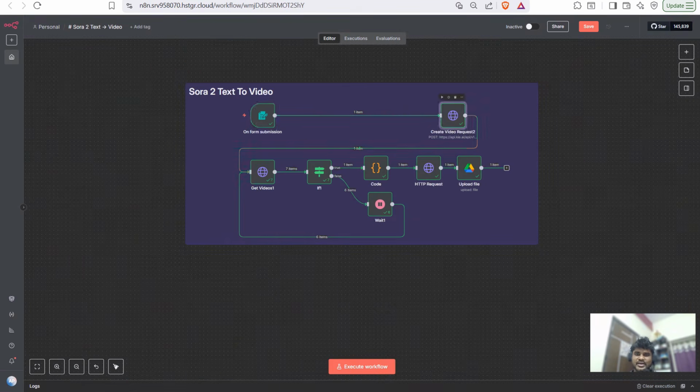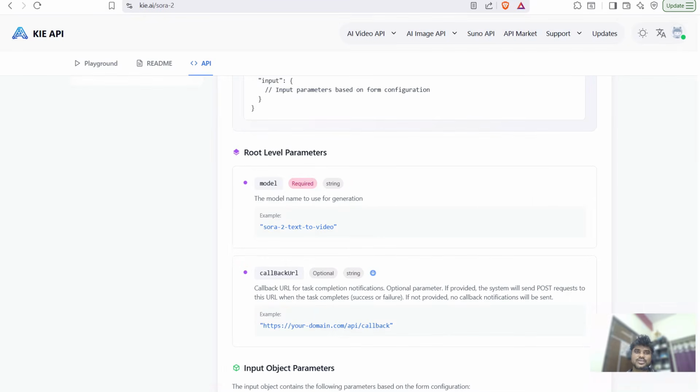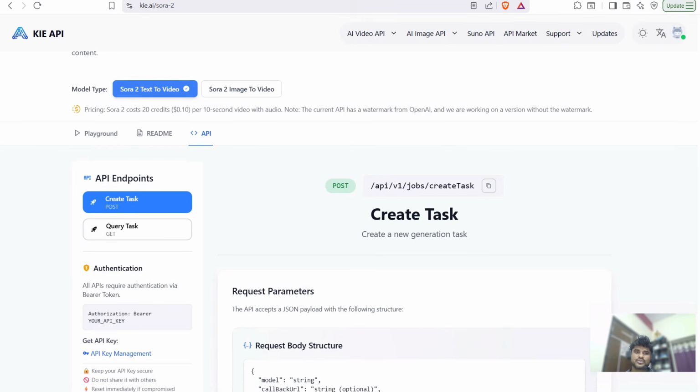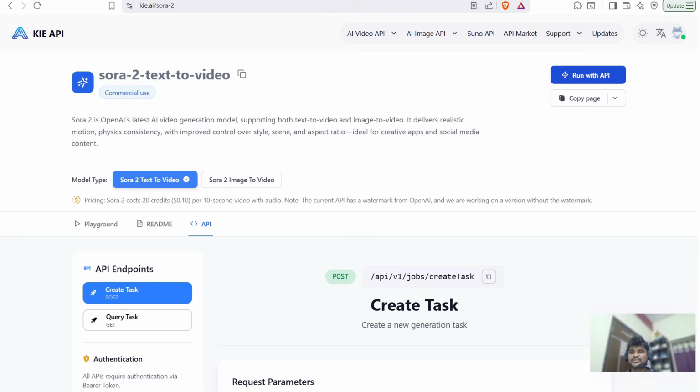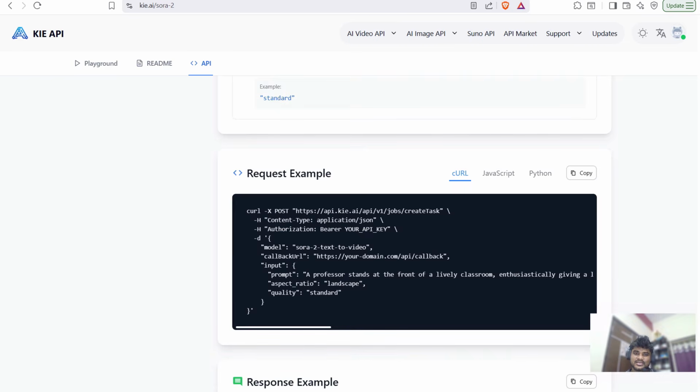And next we have used an HTTP node to send our request to kai.ai. So you just need to go to kai.ai, go to Sora 2, and from here click on Sora text to video. After that you can click on run with API and you will have the whole documentation on how you can create a video through kai.ai. Here it mentions that this is the posting URL: https://api.kai.ai/api/v1/jobs/createTask, and our header content type will be application/json, and you need to pass the authorization